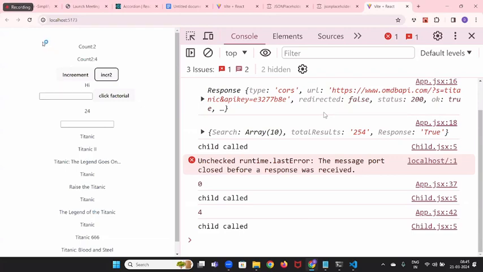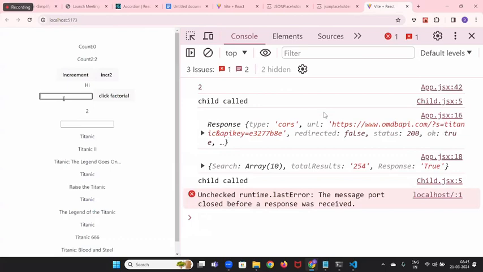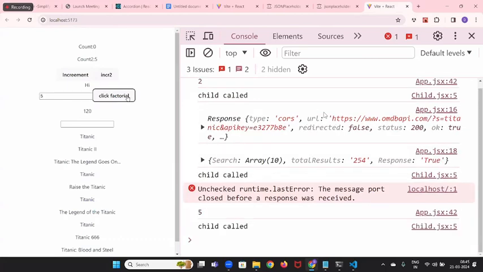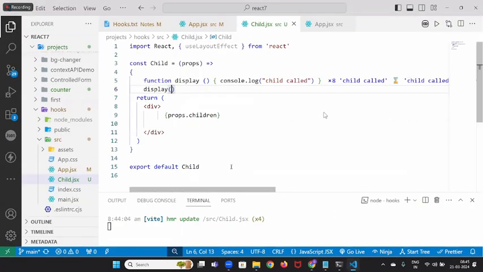See, if I give it here 5, I'm getting it to render the child component. If I click on this again, now here useMemo is not taken, because of useMemo it is not calling that particular function. But if it is rendered normally, automatically the child also will get rendered. Now I want to stop it. How do you stop it? Instead of getting rendered every time, what you can do